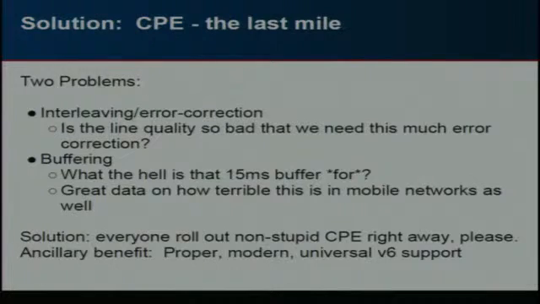Well, the big solution here, CPE, we've got one, that's one big problem. Interleaving error correction: I was sitting here talking to one of our other engineers, and his DSL line, which is connected to a large eyeball network to whom we connect locally in the market, is 80 milliseconds to our 10 gig port, sometimes 40 milliseconds most of the time, round trip, and it's a 40 meg connection. So people are clearly doing a lot of interleaving error correction on these lines. Is that really necessary? Are they that bad? Well, can we do something about that in the CPE?